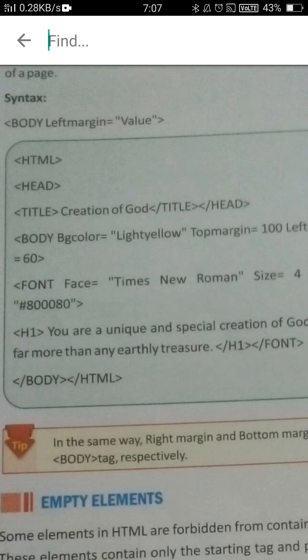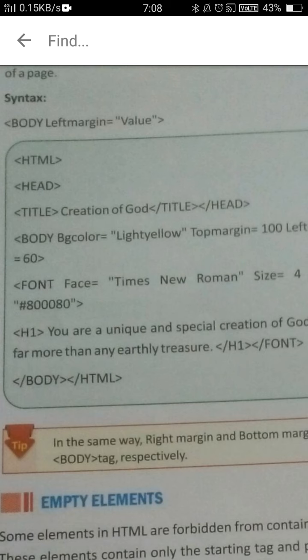You can even define vlink also, the visited link. After coming back to the image, we can see that the visited link color has also changed, whatever color you gave at the link.